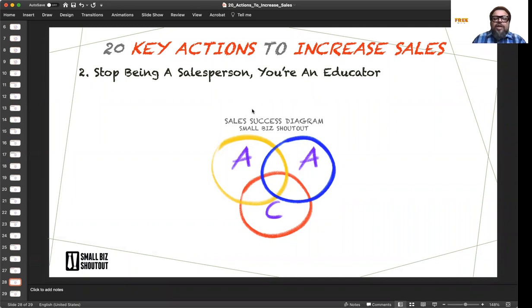But before we get started, in the description of the video below, the first video, AAC, the sales success diagram, you should go, if you haven't listened to that already, at the end of this video, click there and go back and listen to that video. All these 20 key actions are going to be useless if you don't have these three diagrams, AAC, these items implemented in your life, and you need to make sure you listen to that and that it's part of your